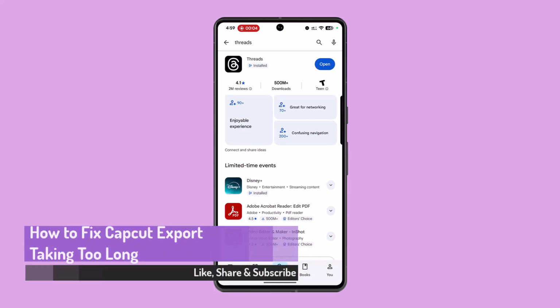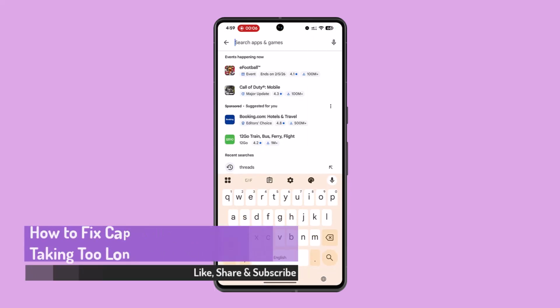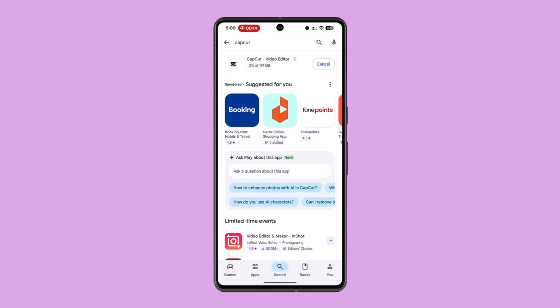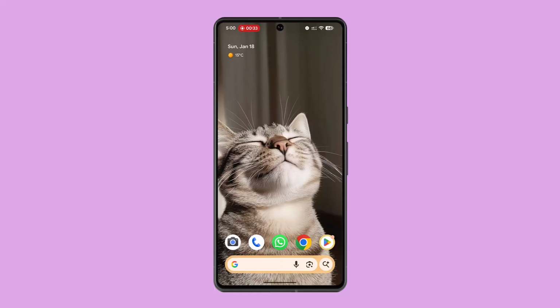In this video, I'm going to guide you on how you can fix CapCut export taking too long. In order to fix the slow CapCut export, you can optimize settings by disabling hardware encoding or enabling HW plus on mobile. So first things first, you just want to go ahead and locate